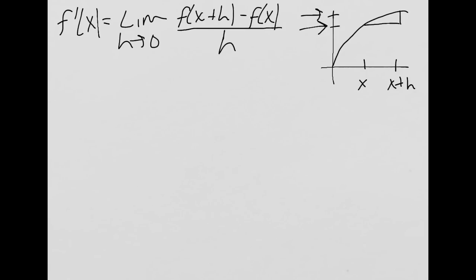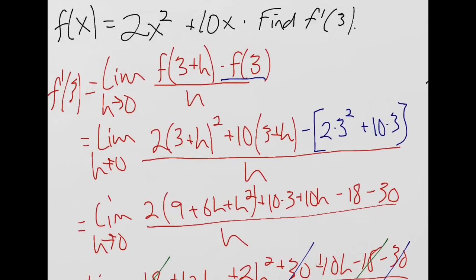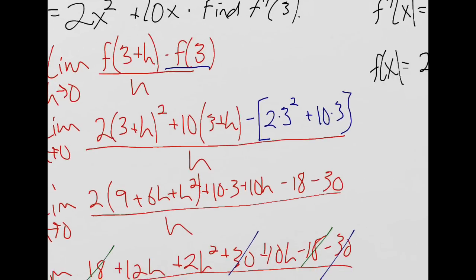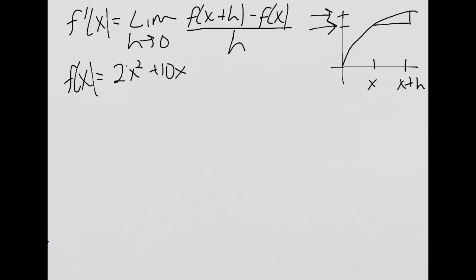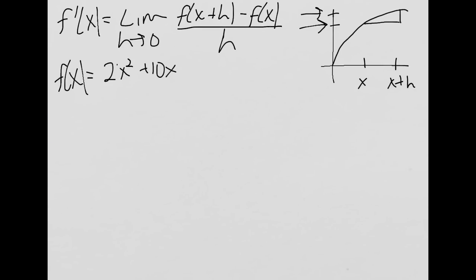Okay, so I'm going to do this with that same function from before that we did over here, but instead of finding f of 3, or f prime of 3, I'm going to find the actual equation like I've been talking about all along. So, f prime of x is equal to